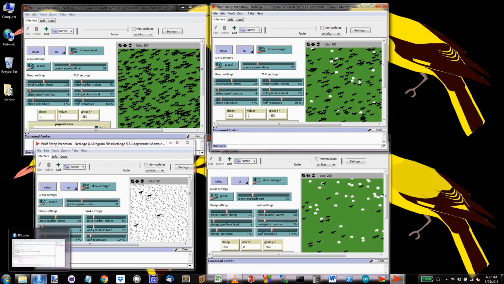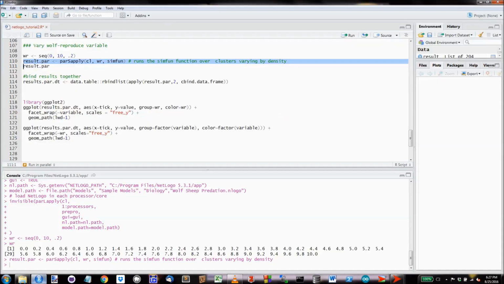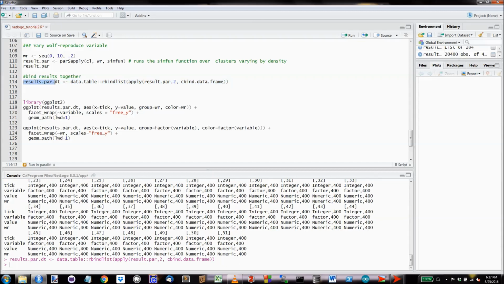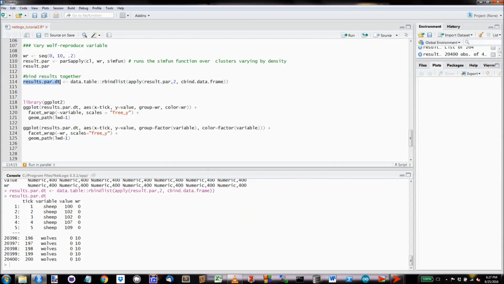So it's finished. That didn't take very long. It took a few minutes, if that actually. Here we go. Here are all the results. And this little bit of script here is just to tidy up those data. There's 400 rows because there's 200 sheep counts and 200 wolf counts for every tick, 1 to 200. And I'm just going to make a data table because it's easier for me, at least. And there we have 20,000 rows from varying those 51 different